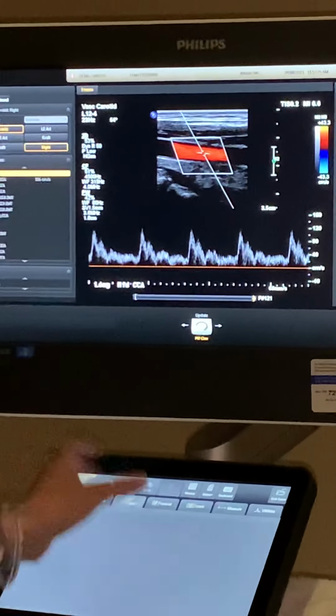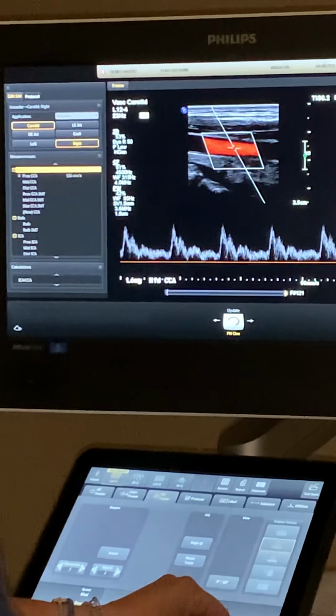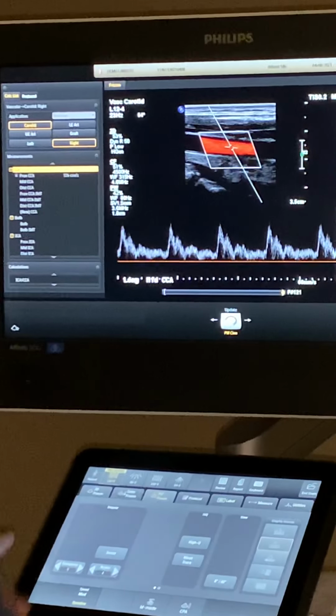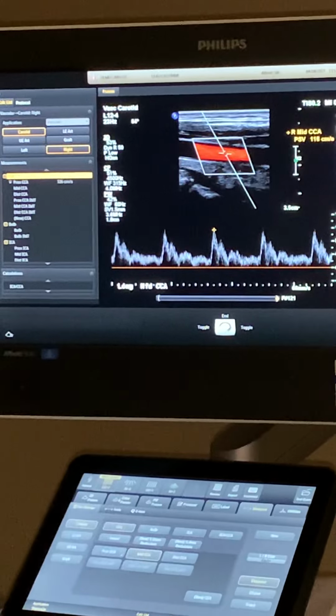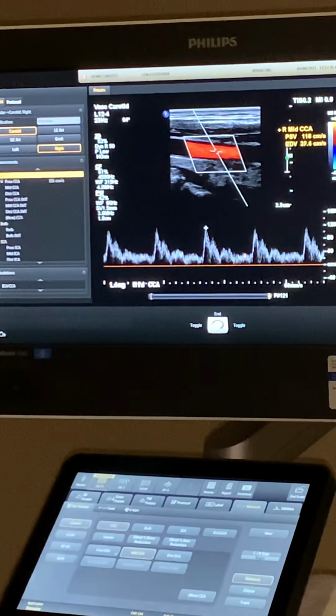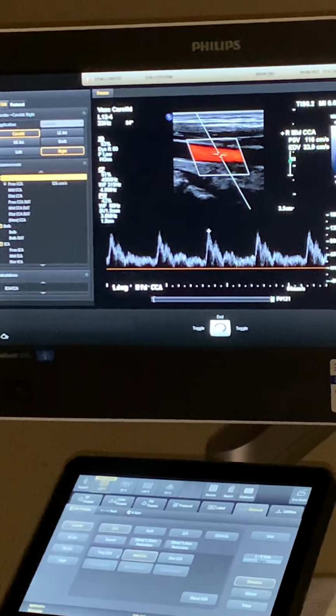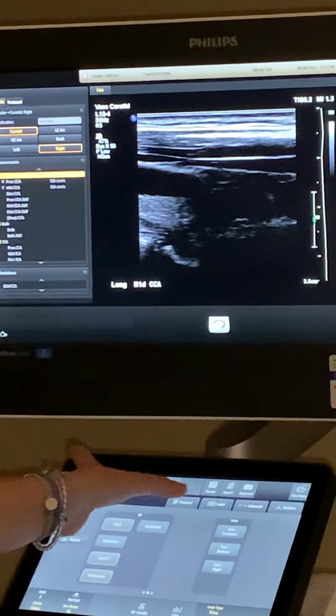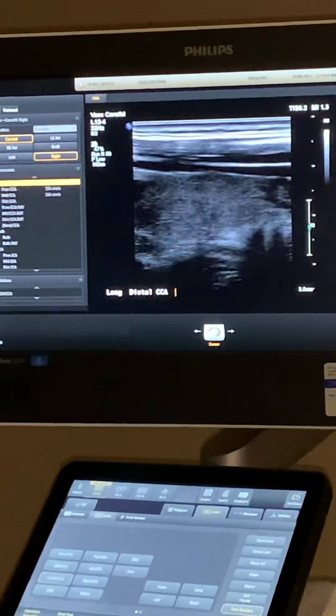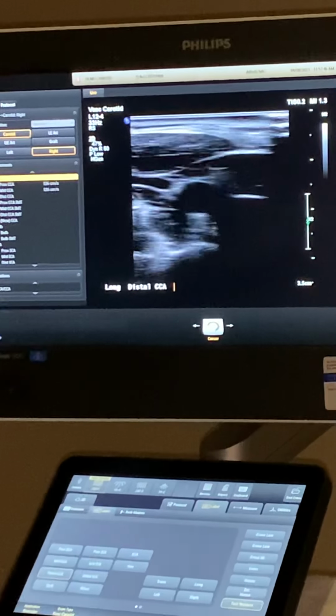And then measure, same thing, you're going to put it in the package. Peak systolic and diastolic. And same thing for distal. You can go up to the bulb